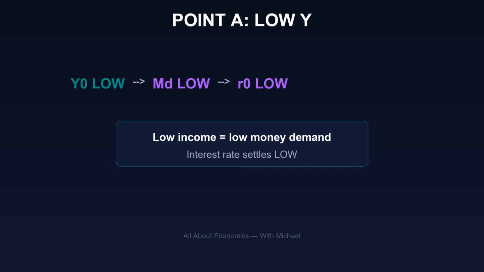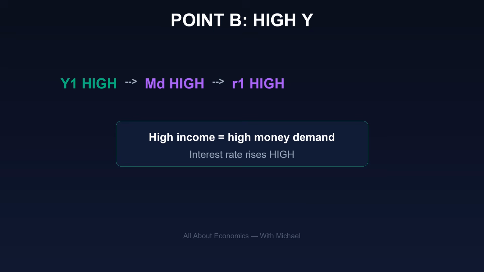We start with Y0, our baseline level of output. The economy's cruising along, we have a baseline demand for money, and it pairs with a relatively low interest rate. But then our next character enters, Y1. Output rises. The money demand pushes out to L of Y1. And since that supply of money is still stubbornly fixed, the interest rate has to step up to a higher